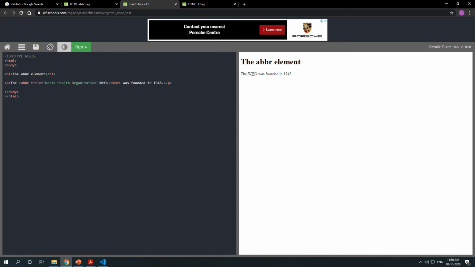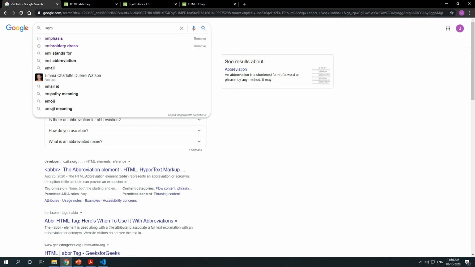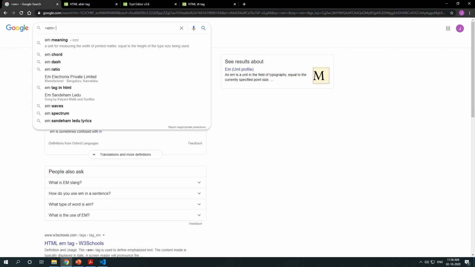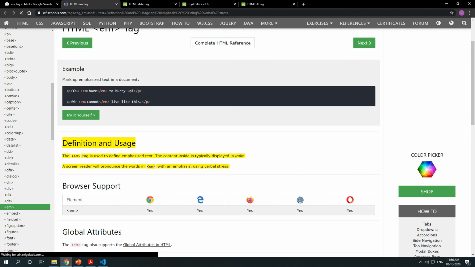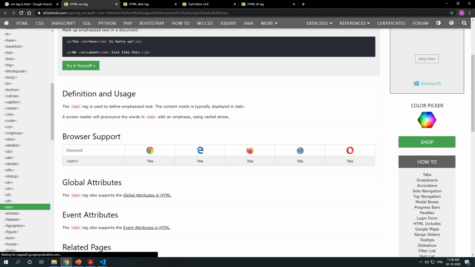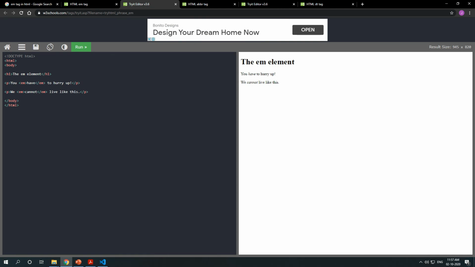Let me show you the em tag in W3Schools. Here is the emphasis tag. Look at the code; you are just writing a paragraph: You have to hurry up.